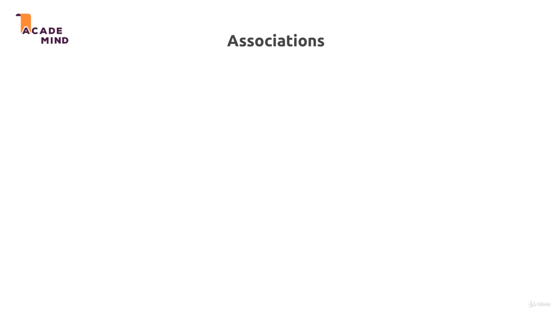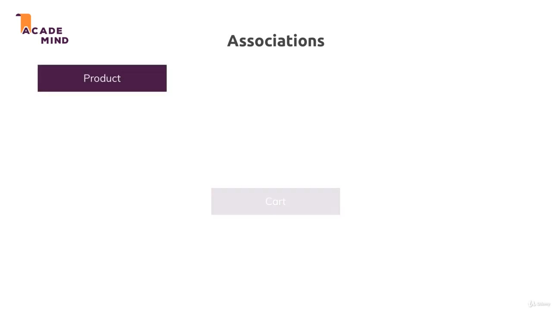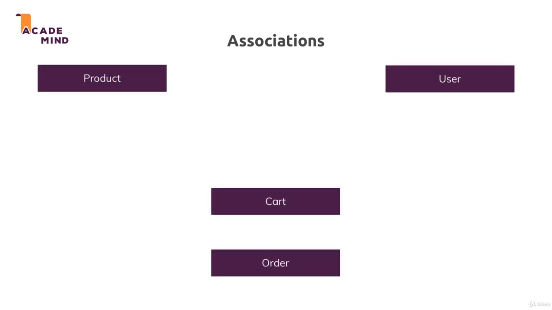What do I mean by association? You could also say relation. Let's say in our project, and that is basically our project, we have products, users, cards, and at some point also orders. Now, if we want to connect all these things and define how they work together, then a